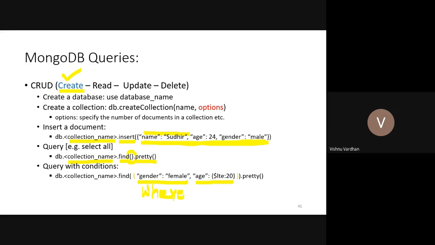That is how you write it in a normal SQL command. But here we provide it in the format of a criteria: start with curly braces, then provide the key-value pairs. If multiple criteria are there, separate them with a comma. And again, pretty is only for showing things in a beautiful way.